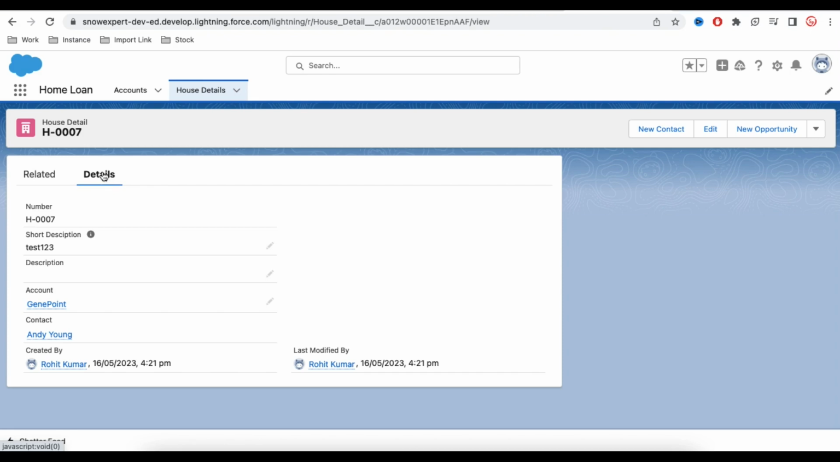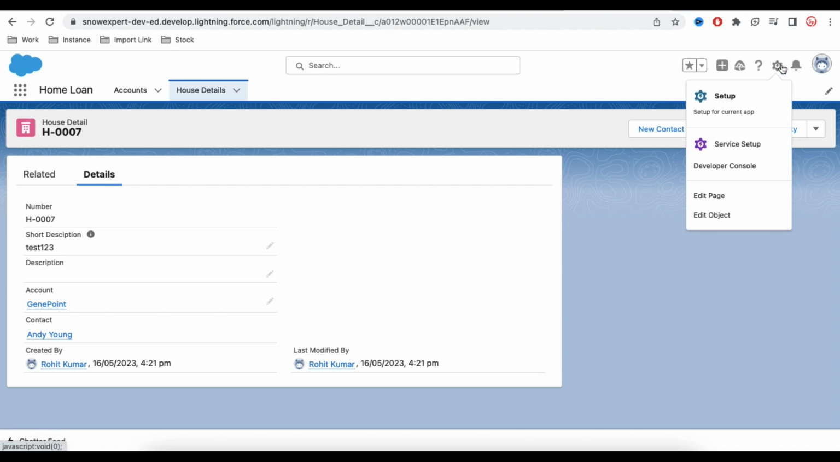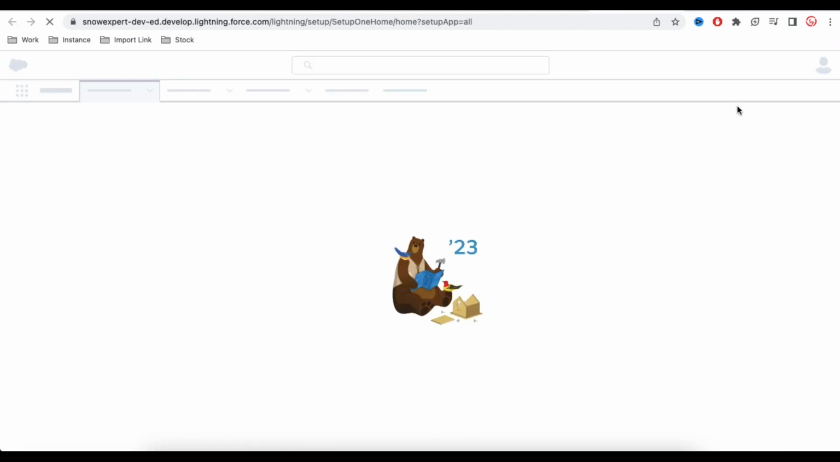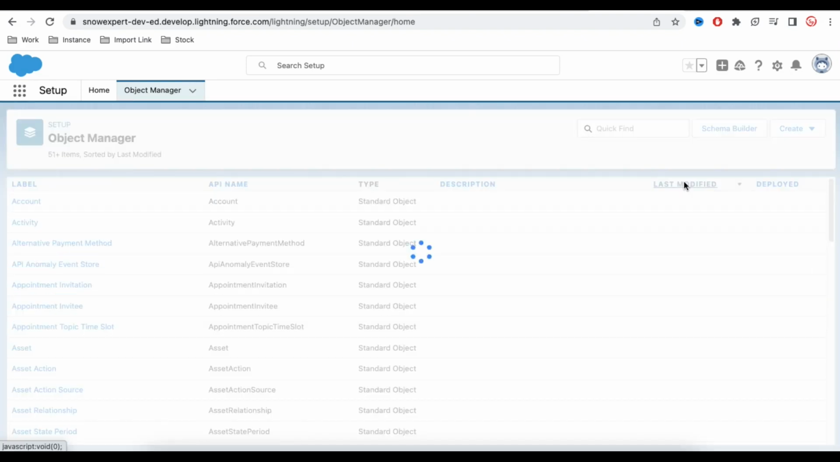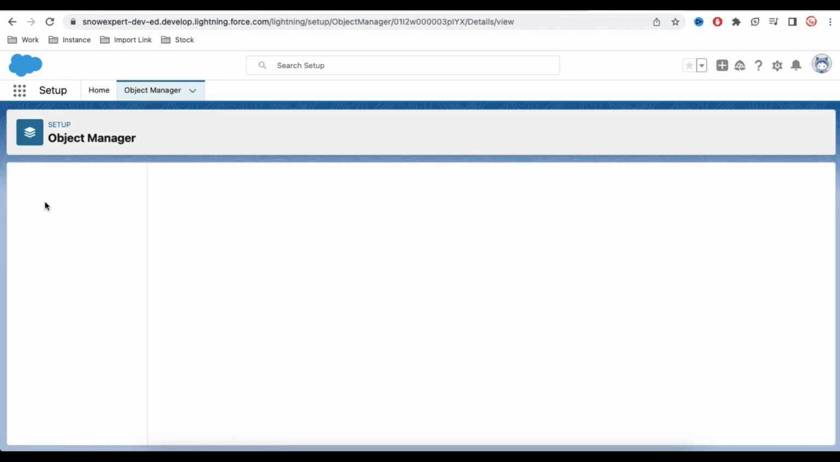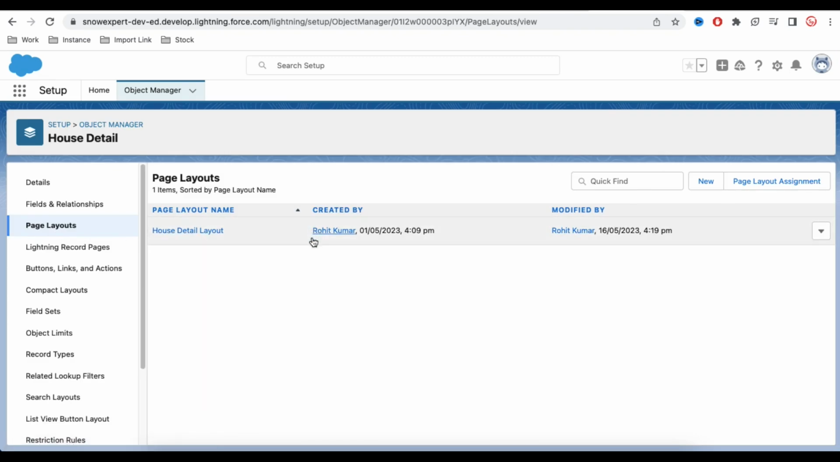So basically we are going to modify or design the page layout of the details section, the details tab. To do that, we have to go to this gear icon and click Setup. Once we go to Setup, we'll go to the Object Manager. Under the Object Manager, we'll open our House Details, and here you can see that we have a page layout. Under the page layout, we can create multiple pages. Page creation we'll discuss in a later video, but today we are going to discuss the existing page